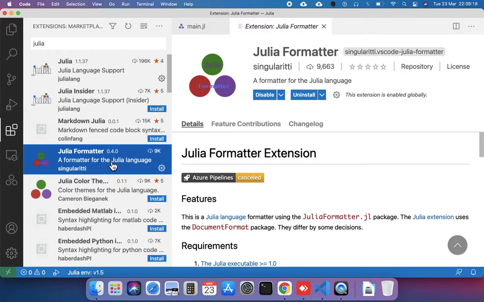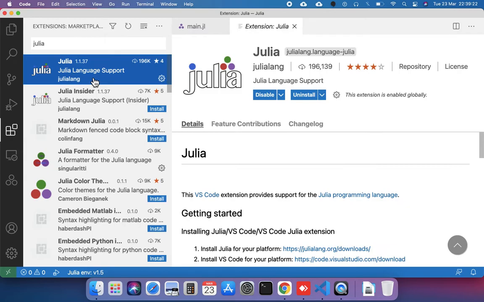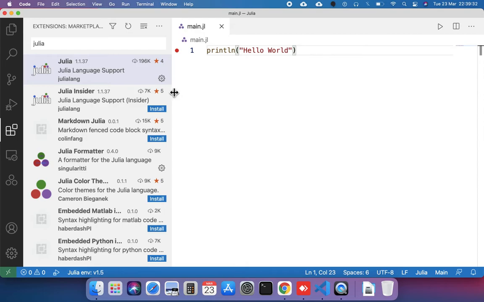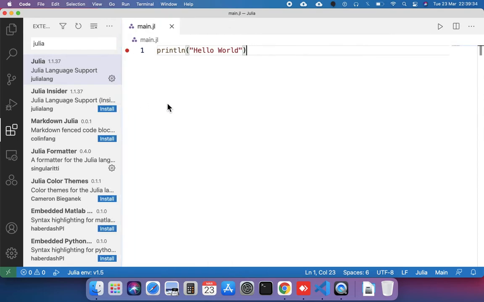I installed that also, but it is up to you. After that, you need to restart Julia and VS Code, and VS Code will automatically detect Julia. And that is pretty much all.